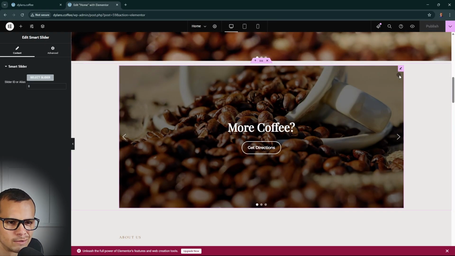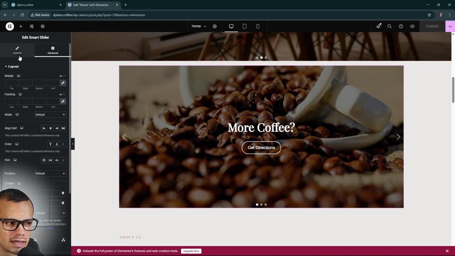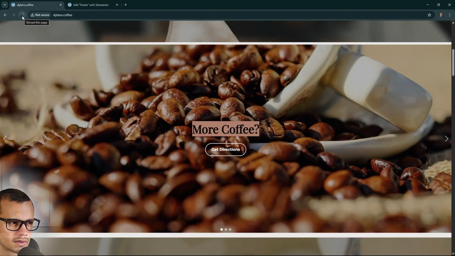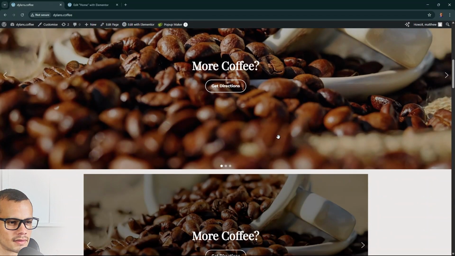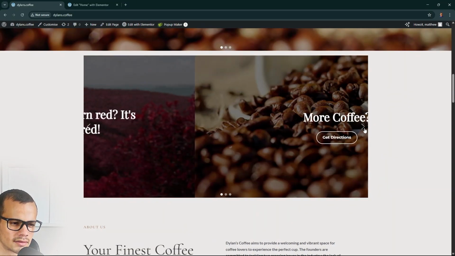You can't really edit much as it is here, only the padding and stuff in the advanced menu and the alignment. Yeah, so after you click publish, let's see what it looks like on the website. I'll refresh this. And yeah, I can see it's a little baby slider